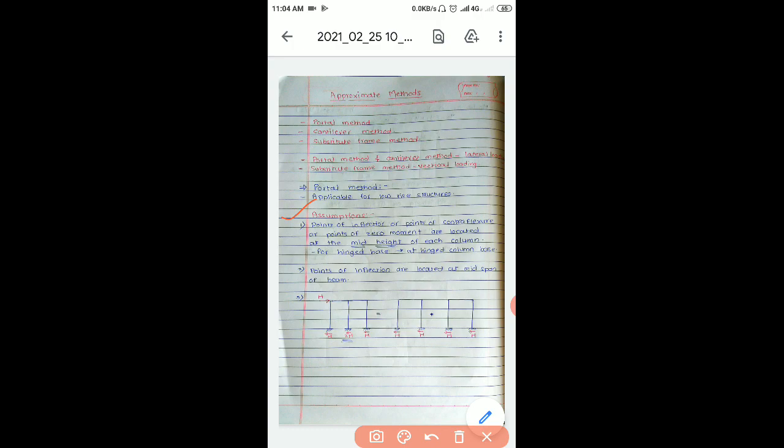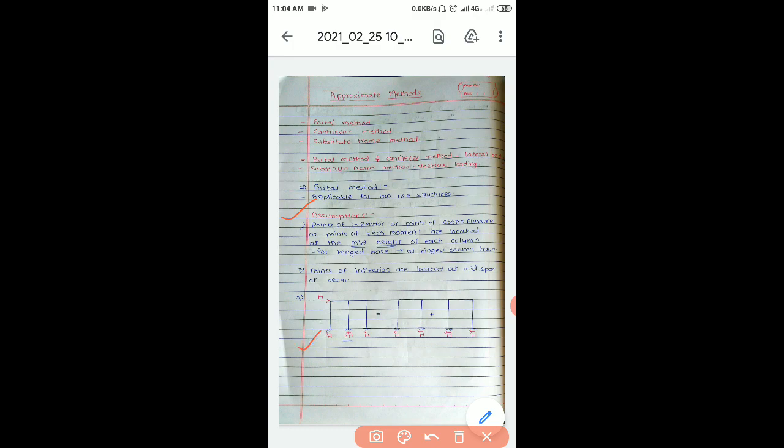So this method is applicable for low rise structures, and in low rise structures shear deformations are dominant. Therefore this method uses a simplifying assumption regarding the horizontal shear in columns. Okay. Each bay of the structure is treated as a portal frame and horizontal force is distributed equally along them. So this means each interior column takes twice as much as an external column. So see this diagram, and this is the main assumption in this portal method.